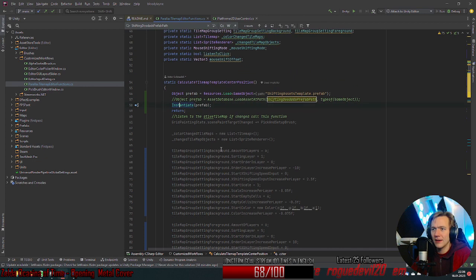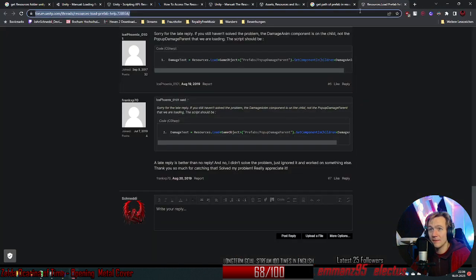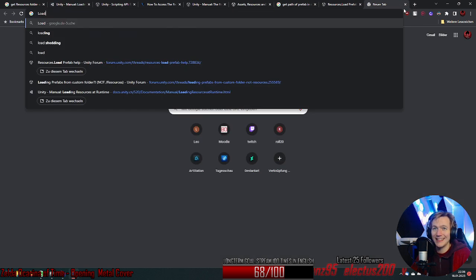So it tried to load something, returned nothing, and couldn't instantiate it. So basically, we have to find out what to put inside of path. And hopefully we can put in something other than a prefab, because that would be